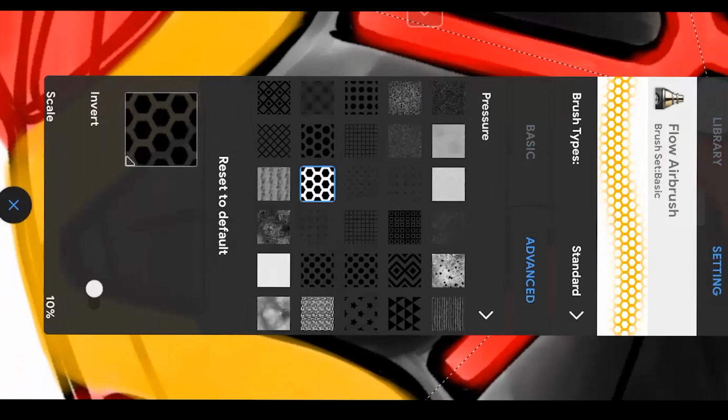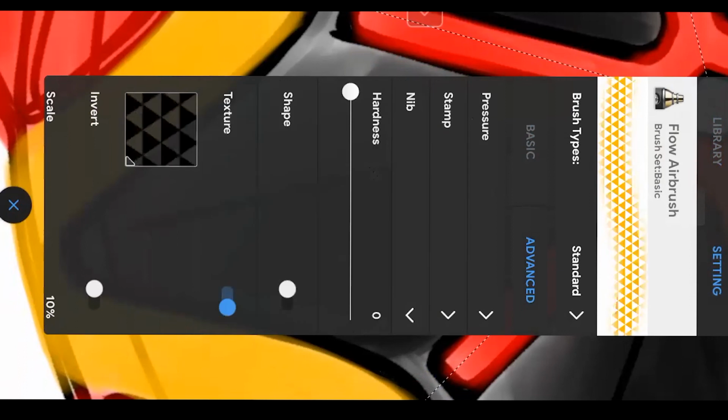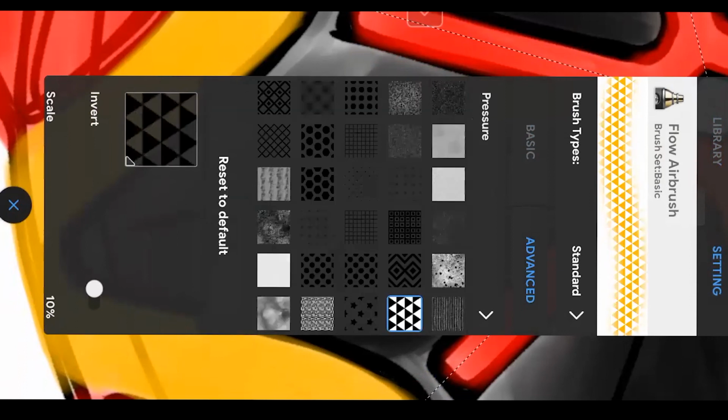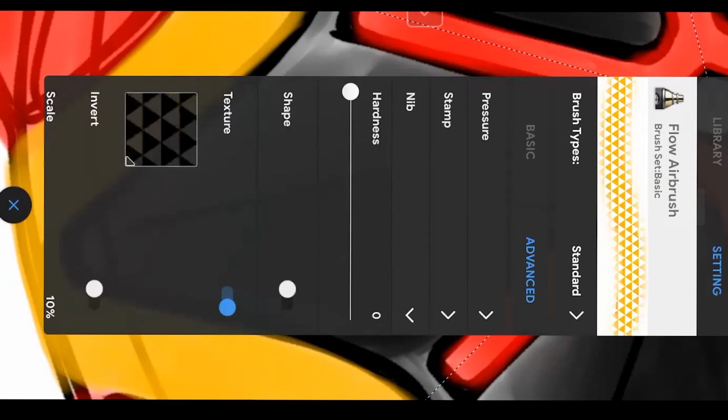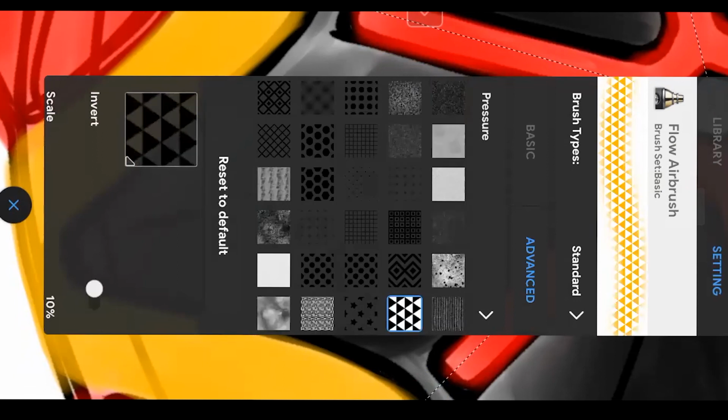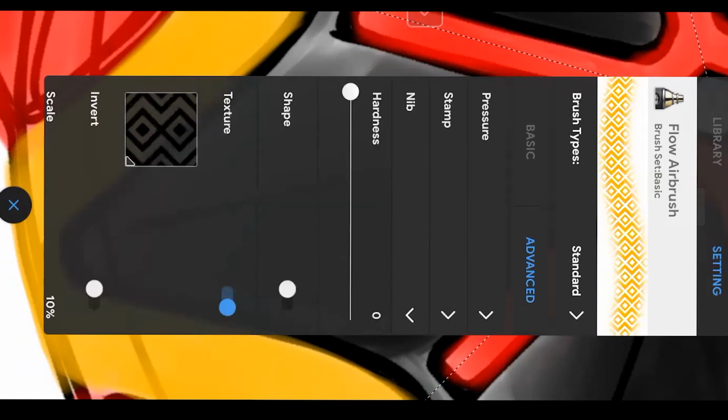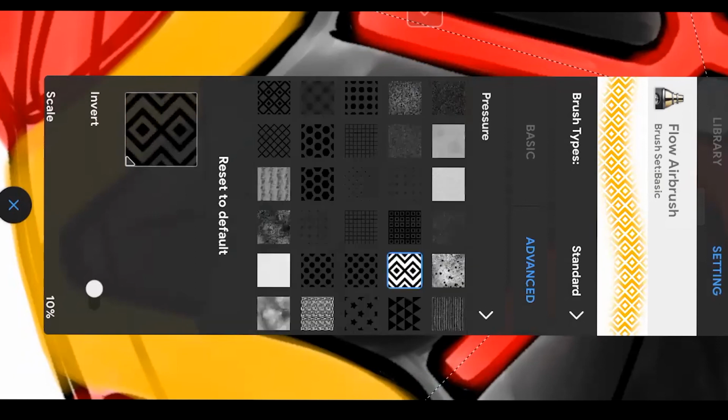Which texture will suit this rim design? I think either hexagons or this triangle one. Even this one will go. Let's try this one, hexagons. How about hexagons? Okay.